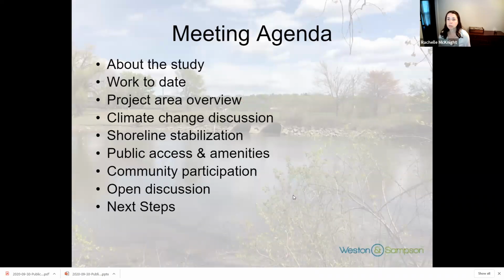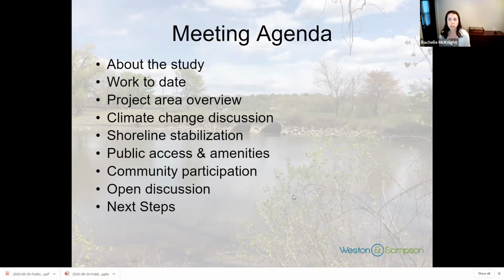So just to briefly review the meeting agenda, I'm going to try to be as succinct and move as effectively through the presentation as I can, because I definitely want to make sure that everybody has a chance to raise their hands, ask questions, and really participate in the study. That's really what makes it fun. And we're looking for public input for the study, so please feel free to chime in.